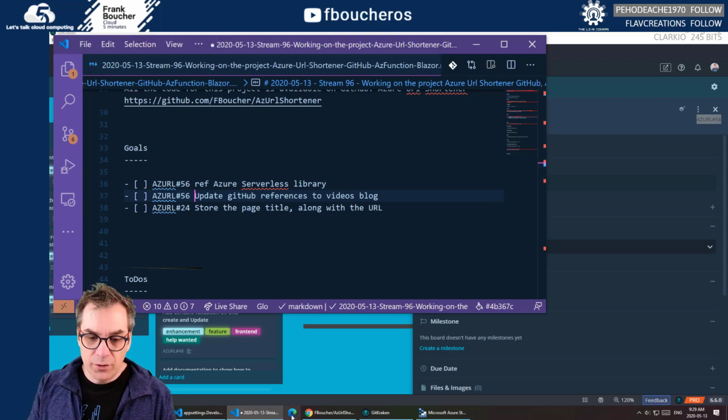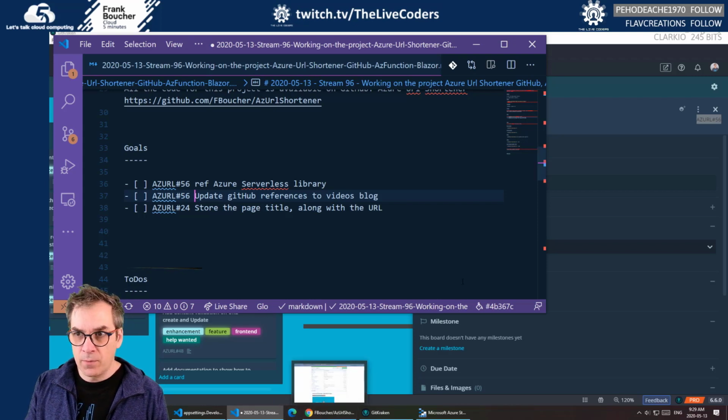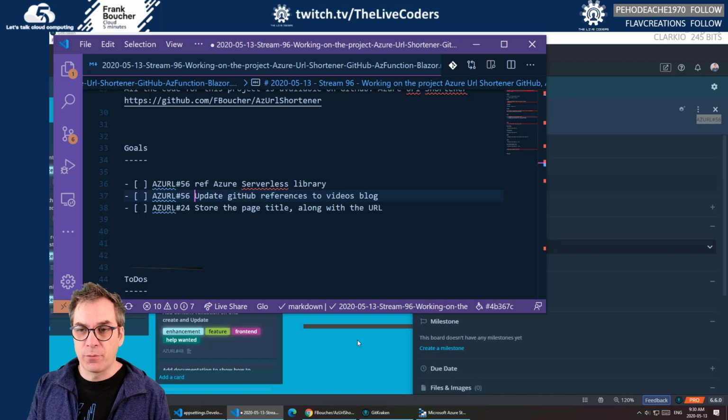I should start using it more on all my other computers. The new Edge Chromium is my default. I don't know why I'm still using Chrome on that PC. I should switch. What browser are you using? In the chat, what's your default browser these days?